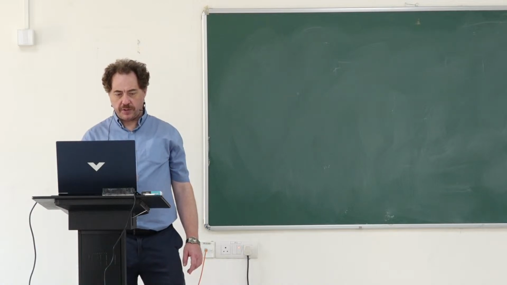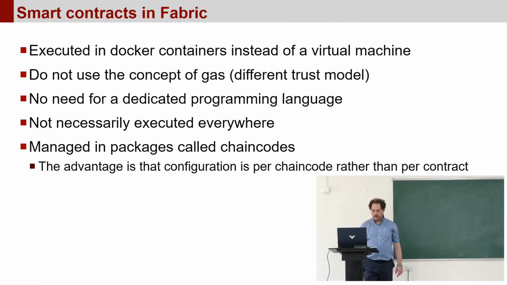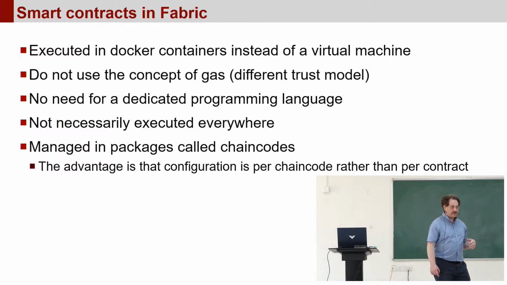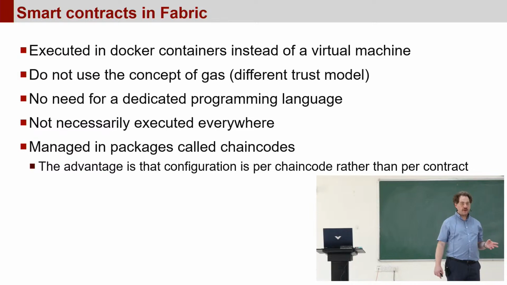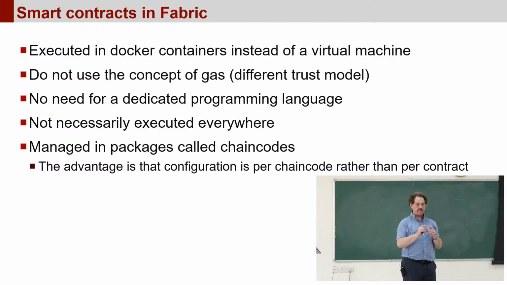So let's talk a bit about smart contracts in Fabric. Smart contracts in Fabric, as I mentioned, are quite different from those in Ethereum. There is no virtual machine in Fabric. Why? Because there is no need to standardize gas consumption. And another reason: how do we make sure that the same transaction, when executed in different places, would reach the same result? That problem